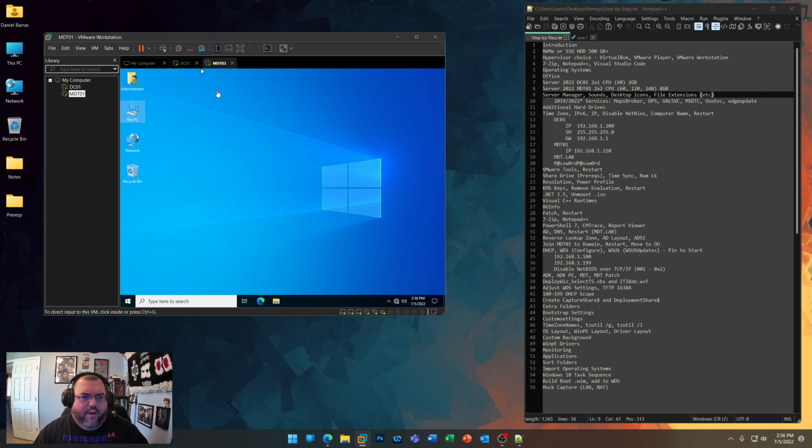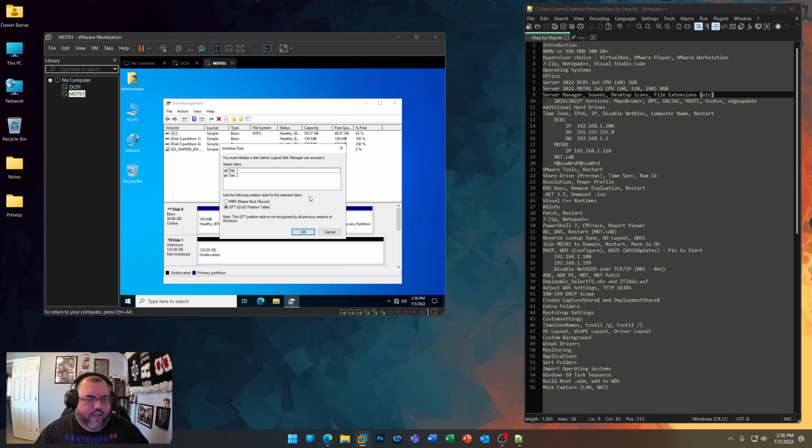Now on our MDT server, like I said, we have additional drives. So you're going to right click on your start bar. You're going to click on disk management, and it should auto populate that we have 2 additional drives. There we go. You must initialize a disk before Logical Disk Manager is going to access it. So you see GPT, good. Click OK. Right click, here's disk 1, our 120 gig. Right click, click new simple volume, next. It should come up as the E drive, that's fine. We're going to call this one deployment,